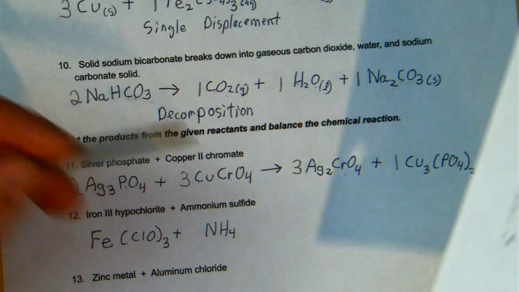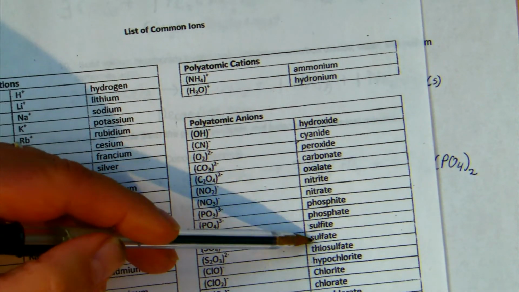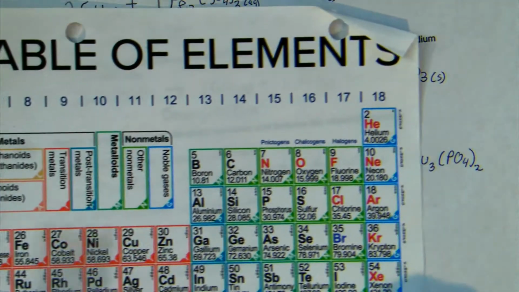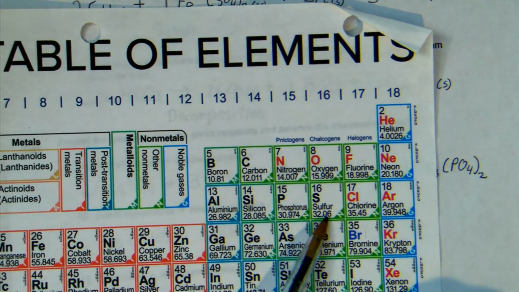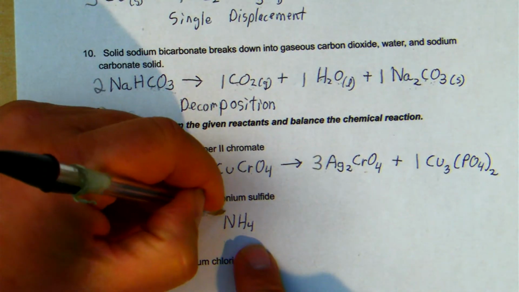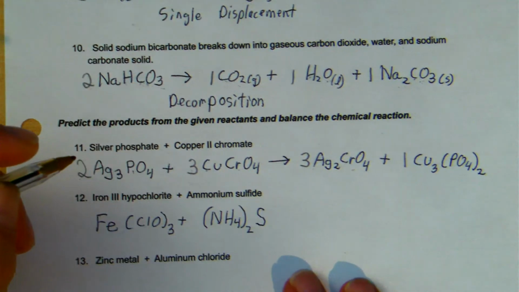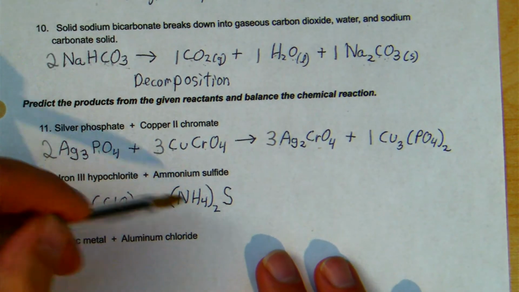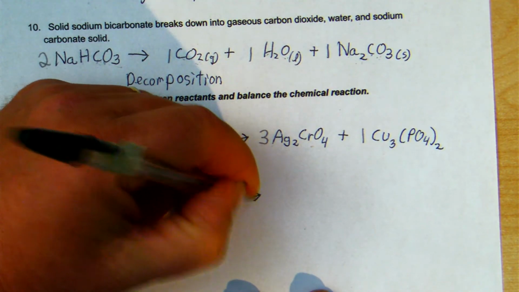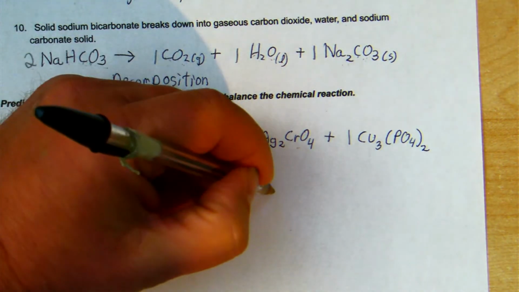Now sulfide is sulfur. It's not sulfite, it's not sulfate, it's sulfur. And so on the periodic table, if you need to check, sulfur is a 2 minus charge like oxygen. And since ammonium is always a 1 plus, I need 2 of these ammoniums to balance that single sulfur ion. So NH4 in parentheses, subscript 2 to go with the 1 sulfur. I would predict that this is going to be another double displacement reaction